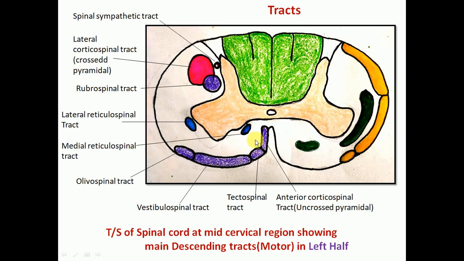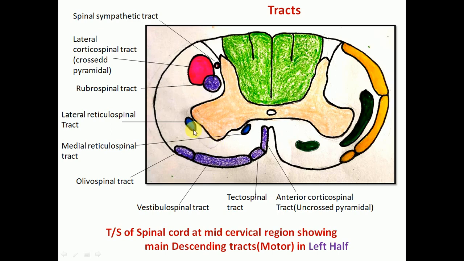The anterior corticospinal fibers remain as uncrossed pyramidal fibers. Function is the same, but they remain in the anterior white column. Next to this, medial to this, there is the rubrospinal tract. The rubrospinal tract is concerned with unconscious proprioceptive movements and arises from the red nucleus of the midbrain. Thereafter these fibers also decussate like the lateral corticospinal tract, and within the spinal cord they are present on the opposite side, within the lateral white column, medial to the lateral corticospinal tract.